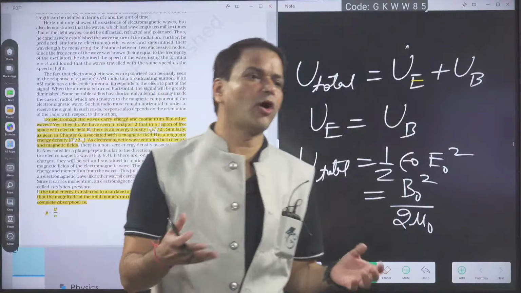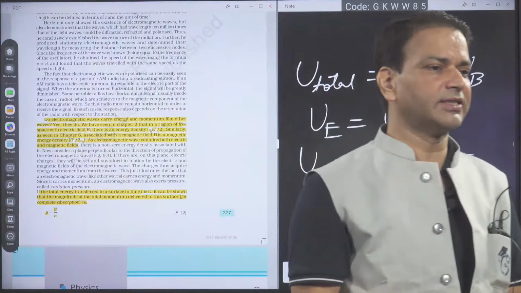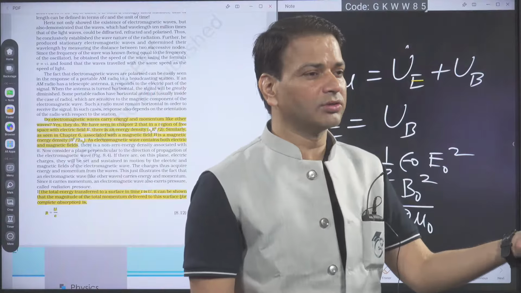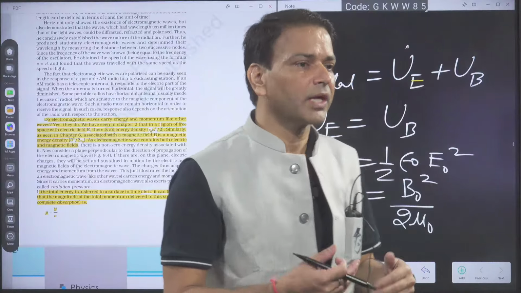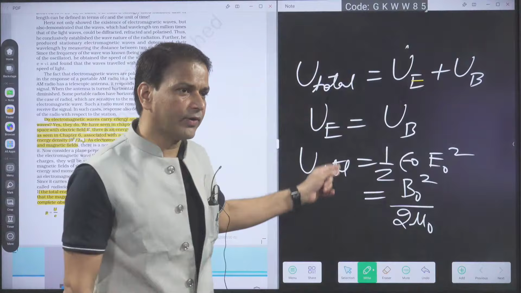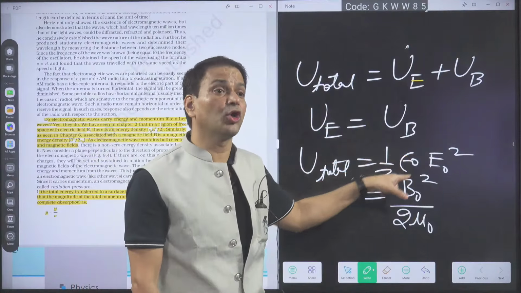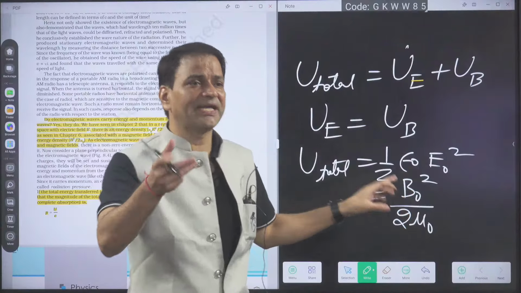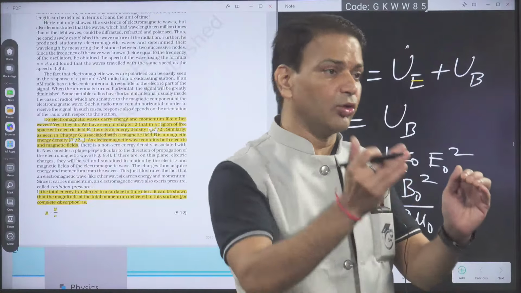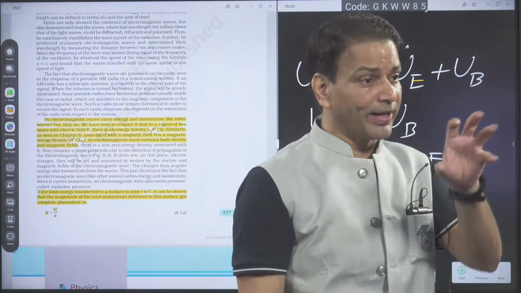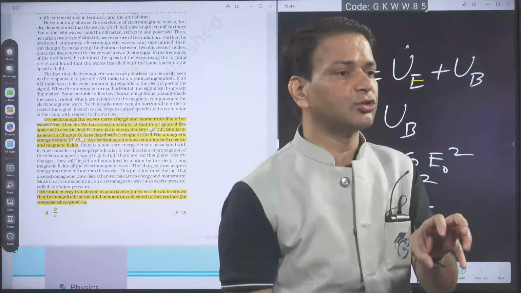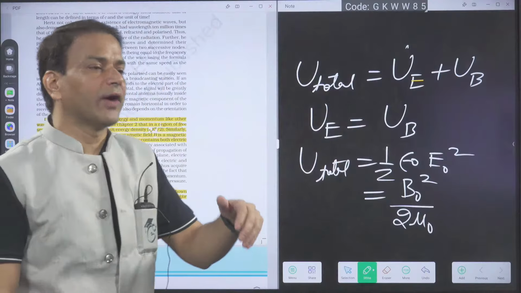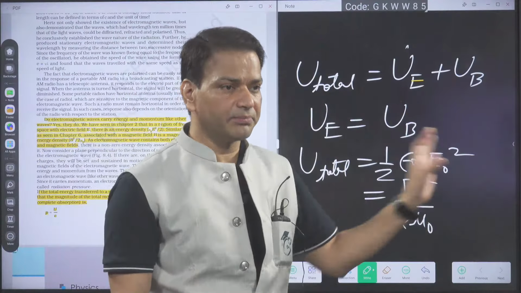I am not changing the formula. You have mixed up the energy density half epsilon naught E square, so no need to mix up the factor 1/4 and 1/2. What I am saying is, if you want to write the total, then half epsilon naught you will write with the peak, E naught square, and here half into B naught square. If you are using the peak, it means it is the total energy density, including both electric and magnetic field. So the basic formula is the same, half epsilon naught E square. If I want the total, then in place of E, I will take E naught. If I want to write in terms of magnetic field, I will write B naught.